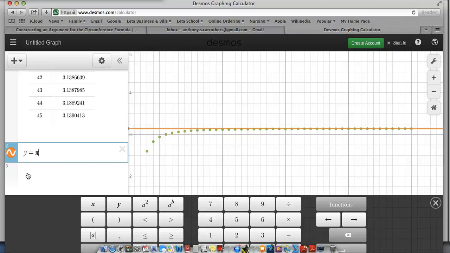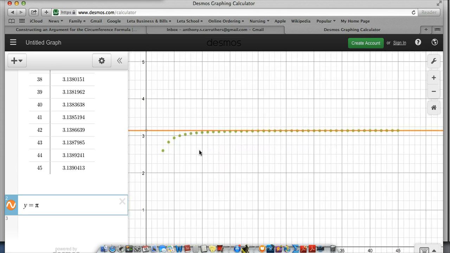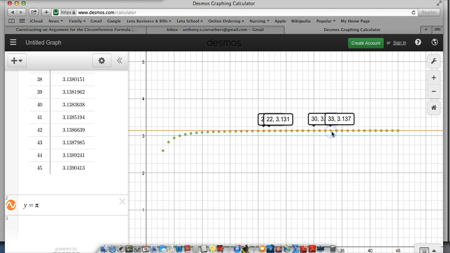So from this, we can now see that this function, this discrete function, which represents n sine 180 over n, is approaching pi as n gets closer and closer to infinity. Now, at a certain point, it looks like maybe the function values are actually on pi, but that's just kind of a limitation of the graphics. So we can verify that these points are not actually reaching pi, and we can also look at the table to see that because we know pi is actually